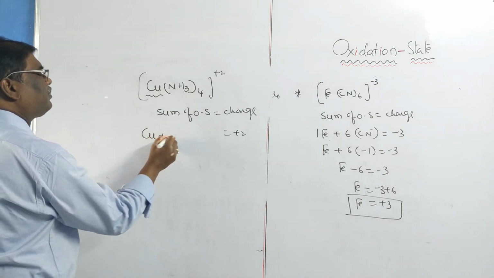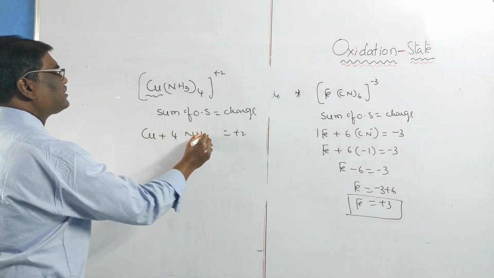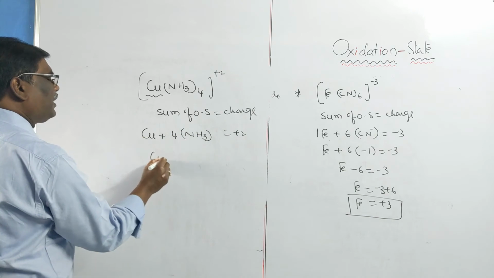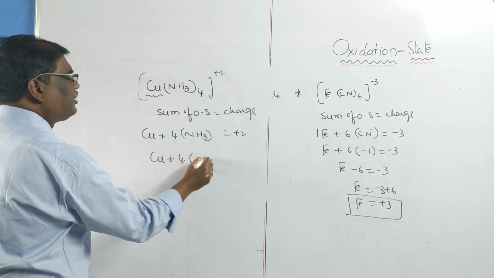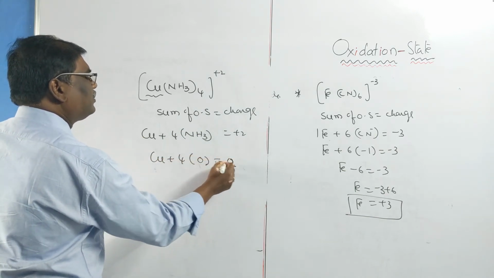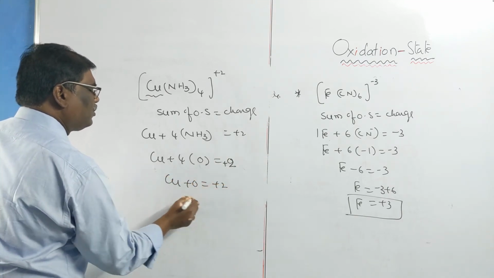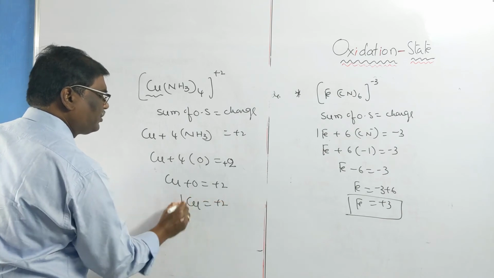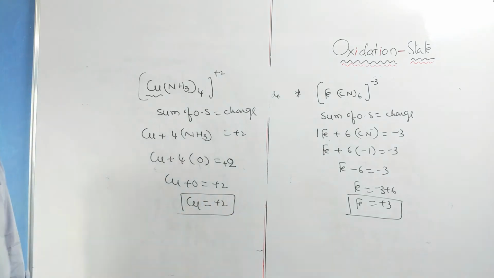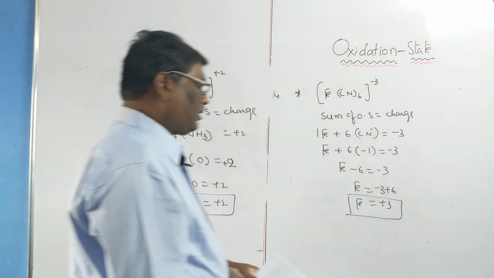So 1 copper plus 4 ammonia molecules. Copper plus 4 into, you know, ammonia is a neutral ligand. So this becomes copper plus 0 equal to +2. Copper oxidation state is +2 in this case. Oxidation state of copper is +2. Okay. Now